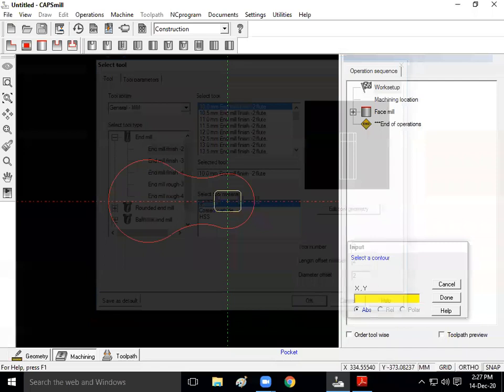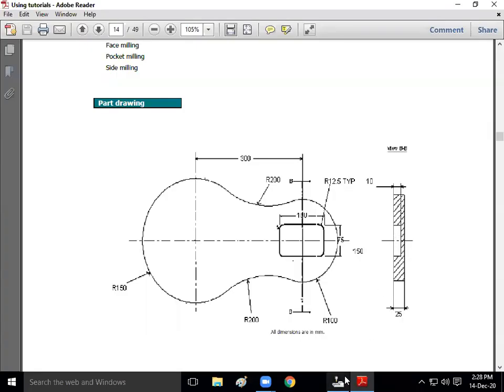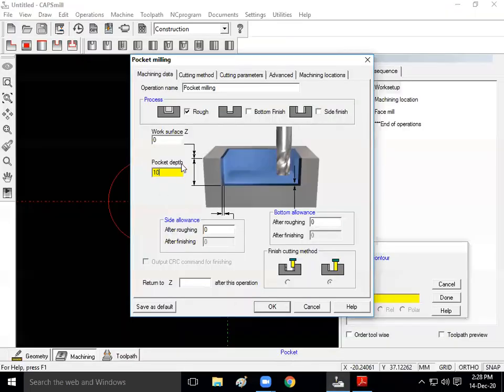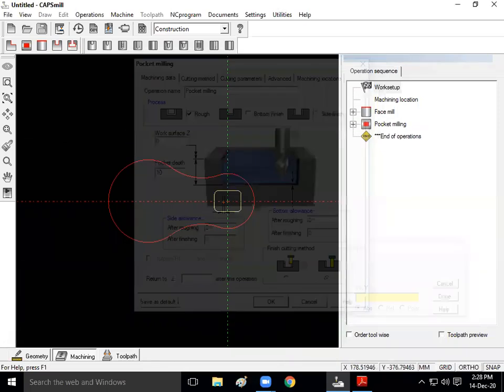Click on OK and select this rectangle. What should be the pocket depth? It is 10 mm. Here you can see this distance is 10 mm, it is written here. So I have specified the pocket depth as 10 mm. Enter the value 10 and click on OK.